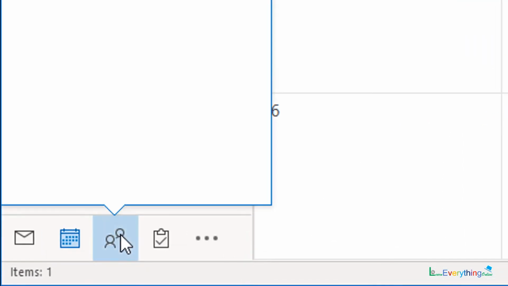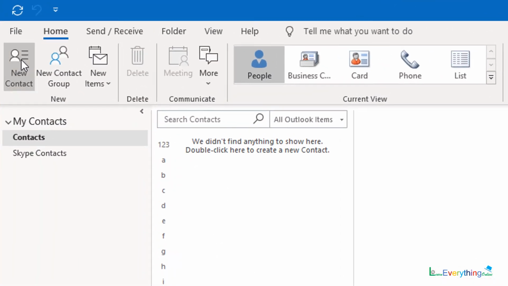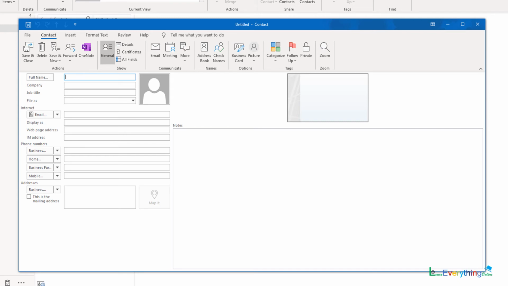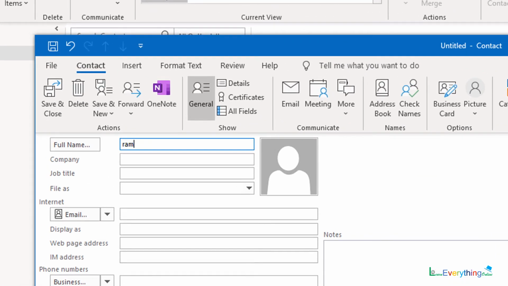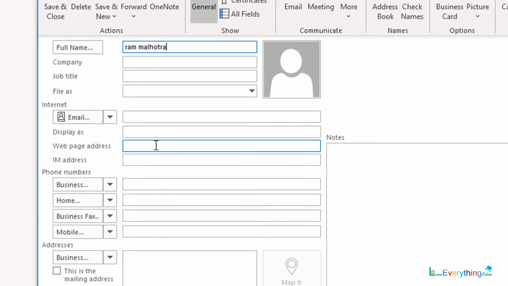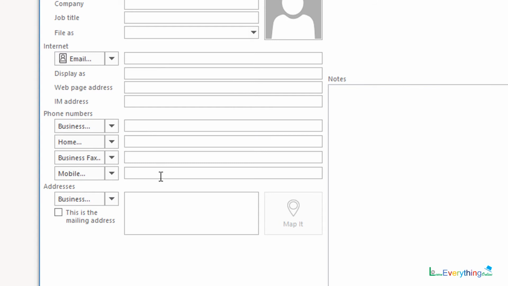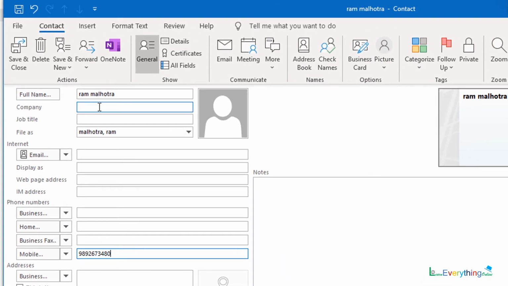Now the next thing is contact. When you want to add a contact, generally on mobile or on pen and paper, what we used to do is, say for example, Ram Malhotra is my friend. So I will just add his name and mobile number, and then I will keep other data empty. But the problem with this method is that if anybody else wants to contact this person, they will not get any other information or other source to contact the person if his mobile is not active.